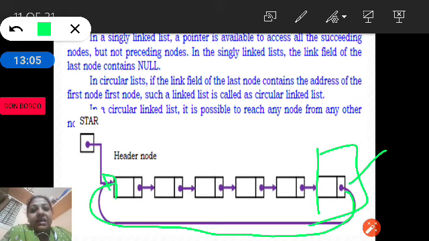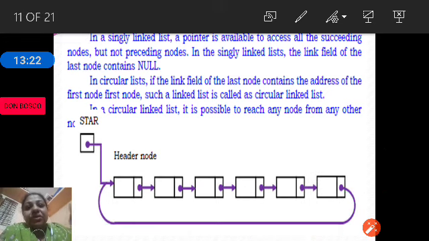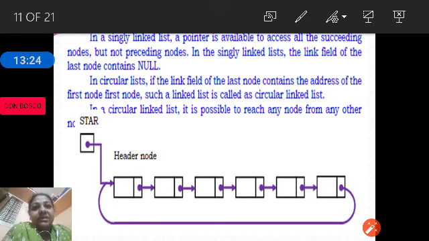That means the last node's link stores the address of the first node. Therefore, in circular linked list, it is possible to reach any node from another.